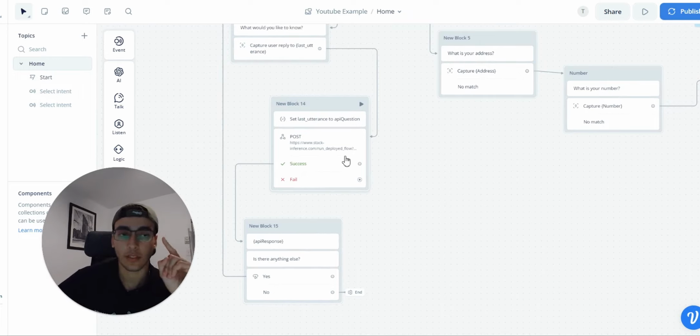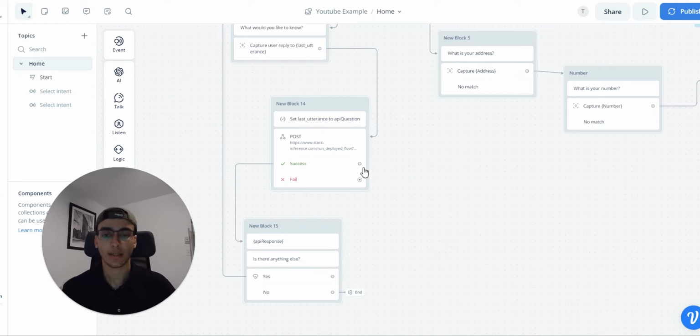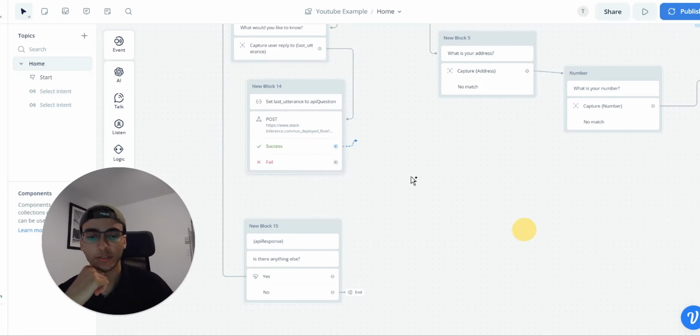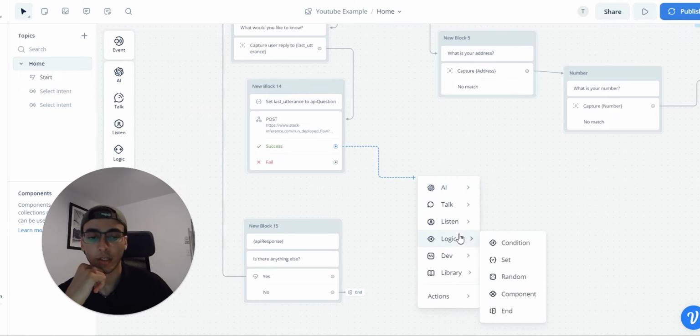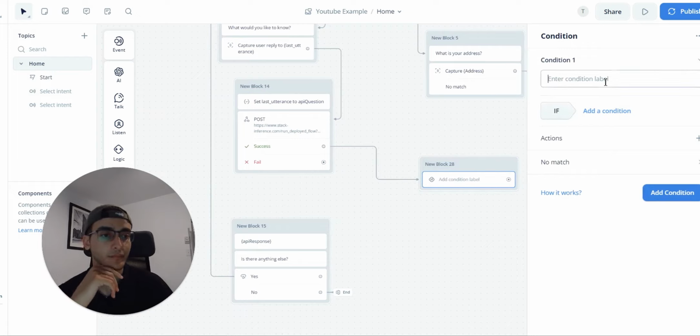First of all, improve the responses so that if the bot does not know what to say, you have a very specific sentence that is uttered by the bot, so that whenever that sentence is caught by the next block that we're going to create, it's going to create a whole other workflow. I think showing you will be much easier. So after you go to success, you want to do something here that says logic. And the condition of this logic is going to be, if answer is, I don't know,